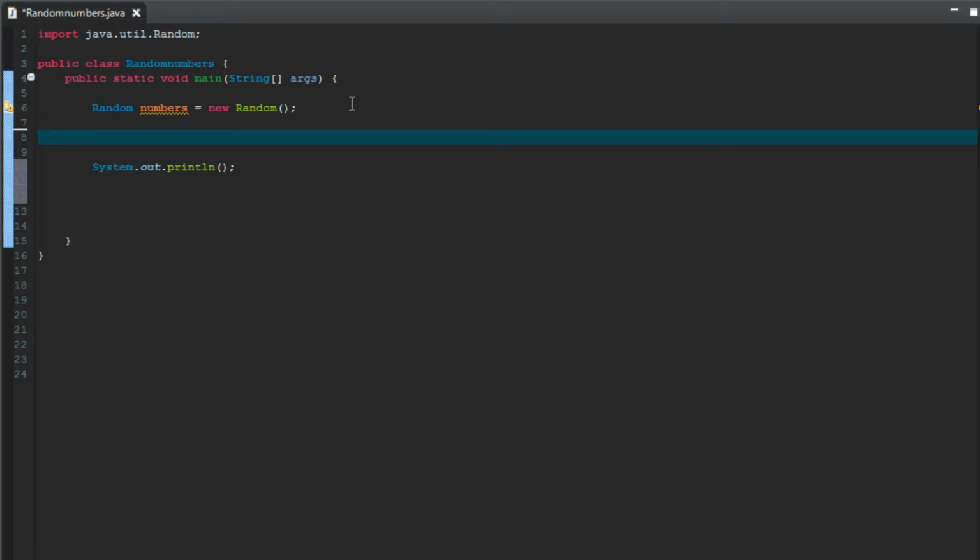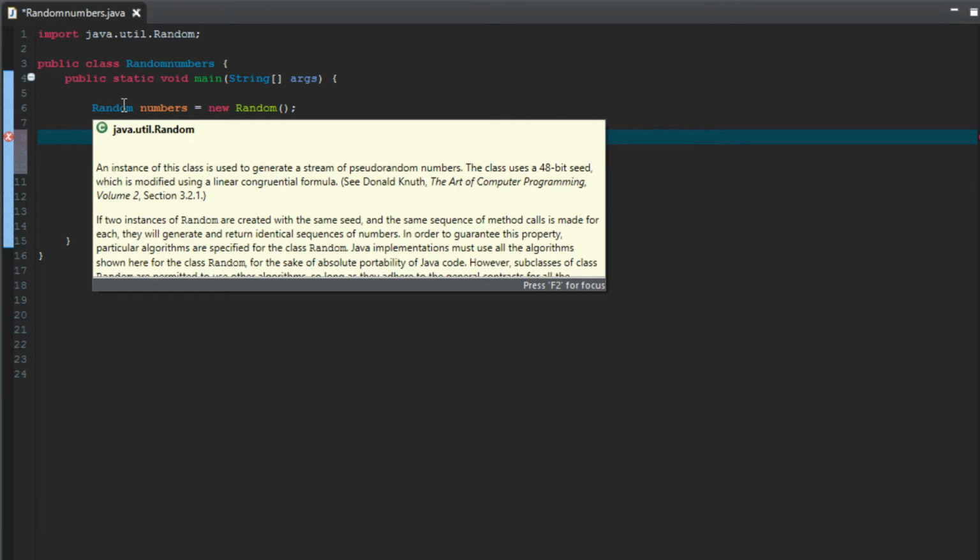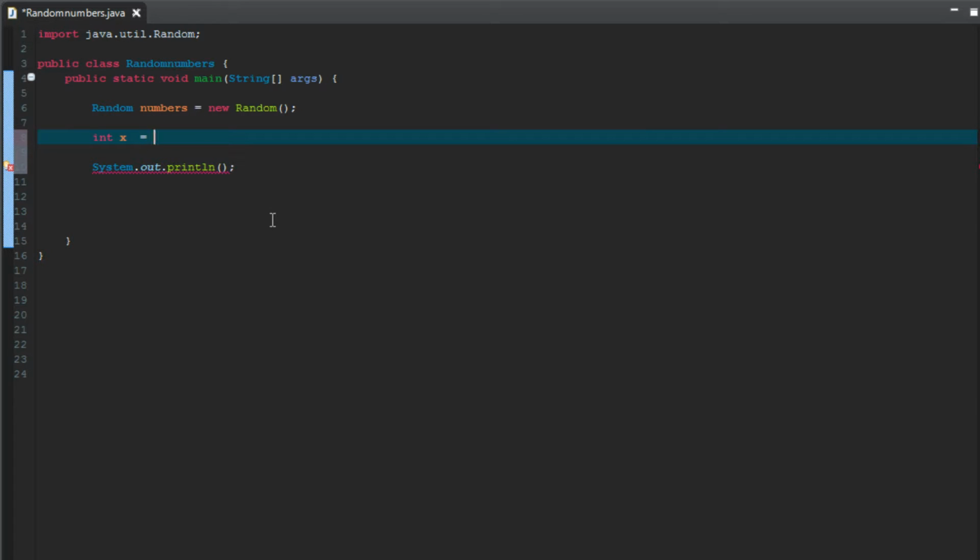Let's go ahead and instead create a variable. We'll call it x, int x. You want to set it as int because we are going to be selecting random integers, but this letter x here could be anything that you want. It just has to be something new. So we'll call it x, and we're going to set x equal to that same code that was in here as the instruction for x,